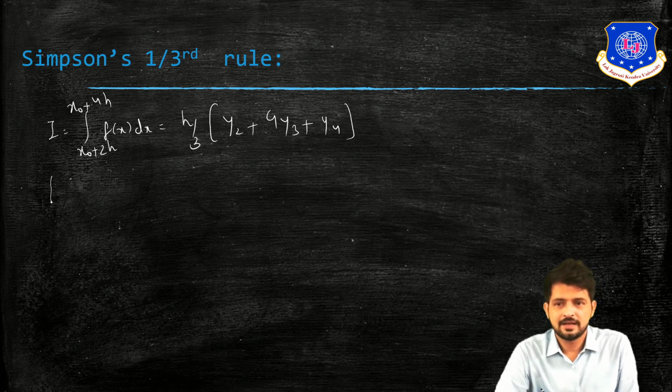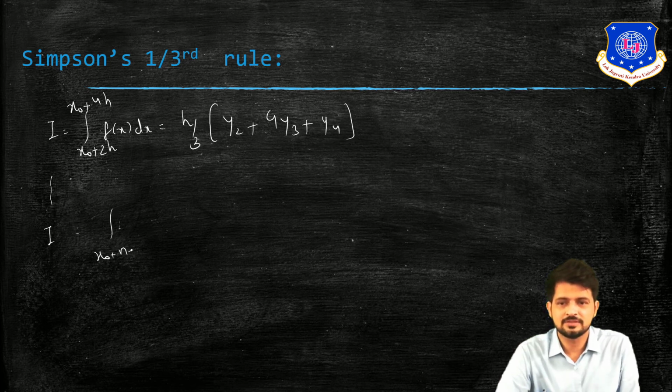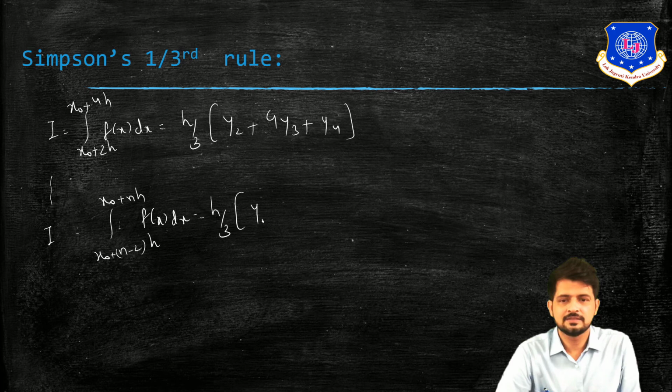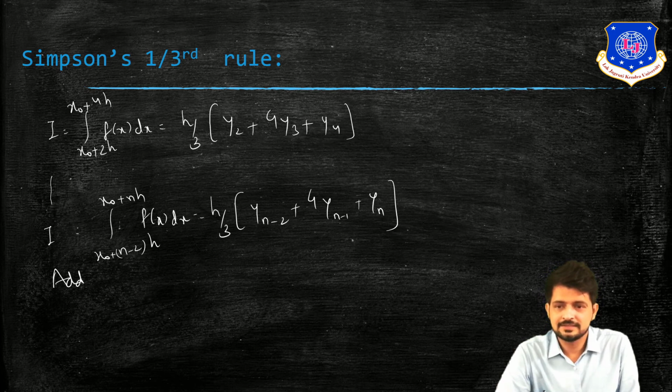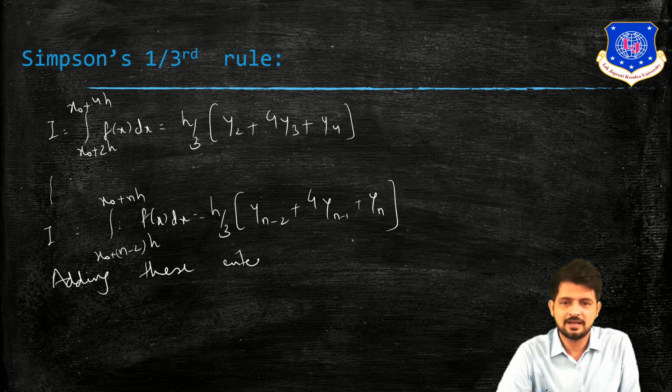Again, if I take the integration of the second last term, that will be x0 plus n minus 2h to x0 plus nh. Then what will be my answer? h by 3, yn minus 2 plus 4 into yn minus 1 plus yn. These are the last three terms. And by adding all these integrals, my last answer will be